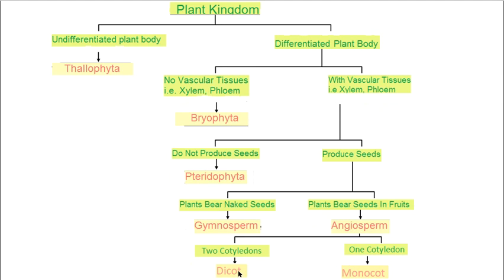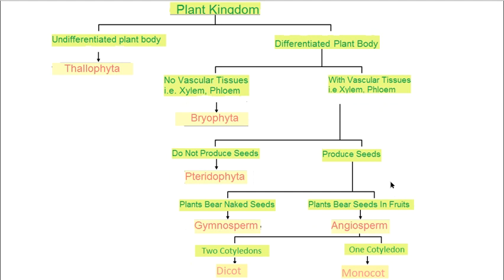The dicot has two cotyledons. Chickpea is the example. If you split it, it will be split into two parts. Means it has two cotyledons. Monocots have one cotyledon. If you take one maize seed, it will be monocotyledonous. So this is the classification, and this is the difference they have. So now, I think, it is very clear how the plants are classified.